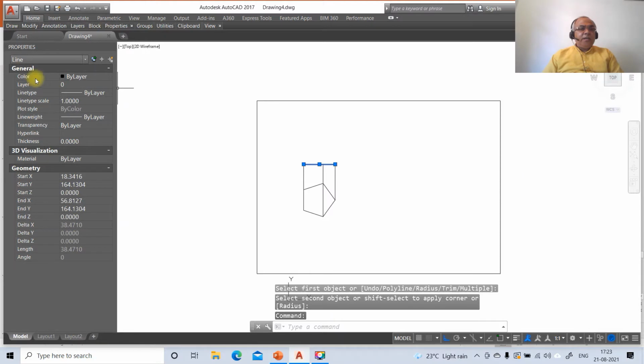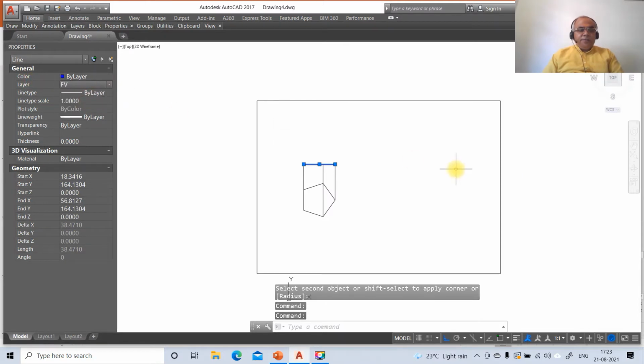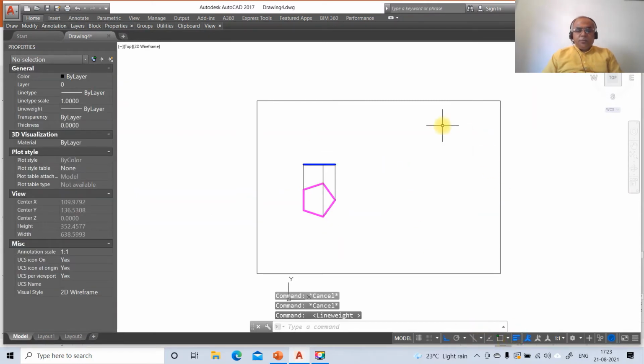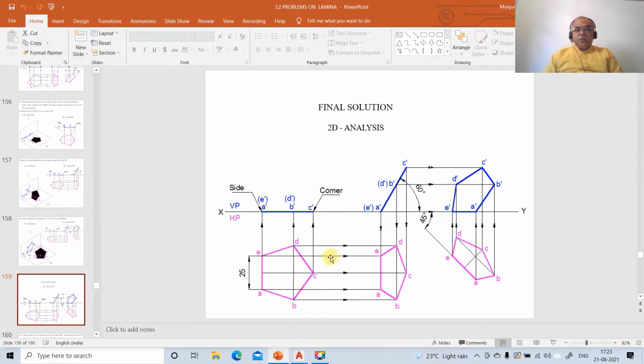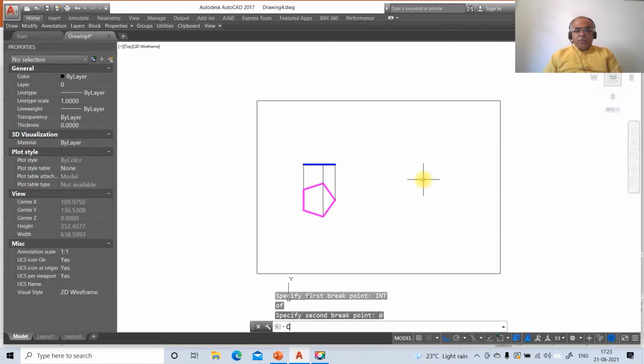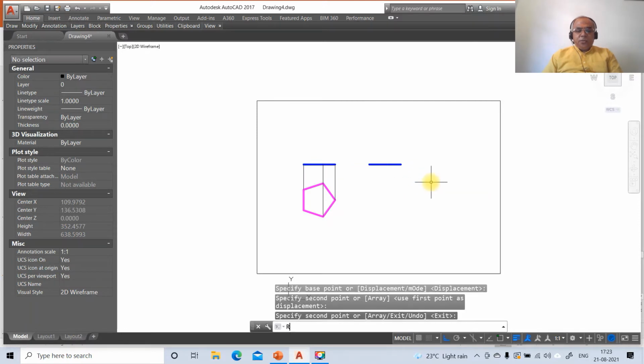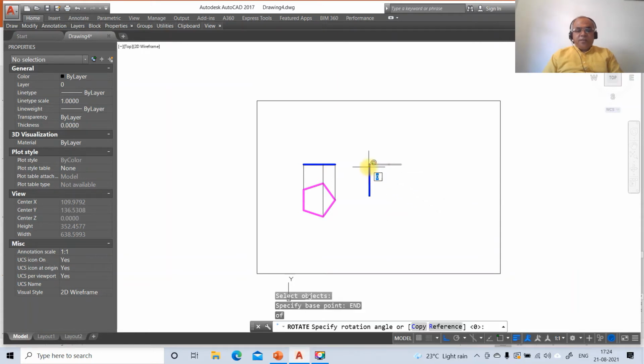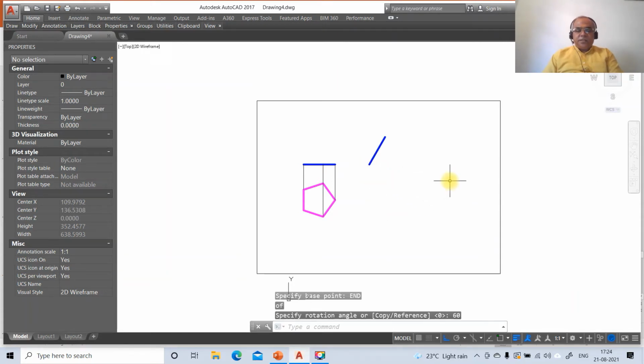Then go to layer, make that as front view. Then you click on this and go to layer, take that layer as top view. Then go to line with display. Then go to break, this line, first point, take INT of this and say at the rate. Then you copy this to the second position and rotate it by an angle of 60 degrees. So to do that, go to copy, select this by window. Take this to the next position and then go to rotate, select this and take the rotation angle, endpoint of this, as 60 degrees in the counterclockwise direction.